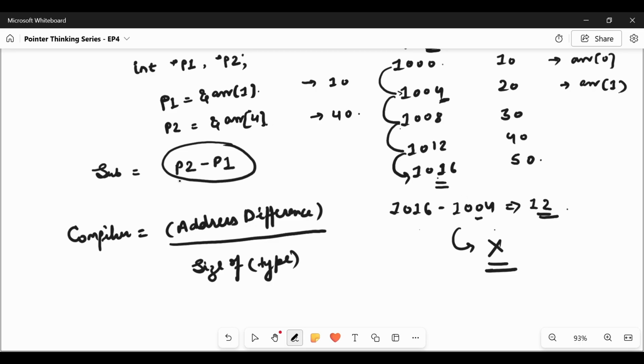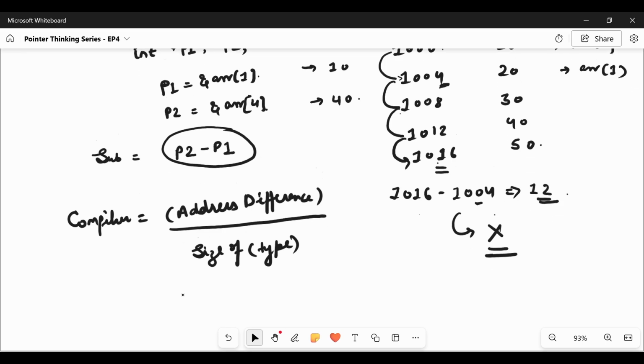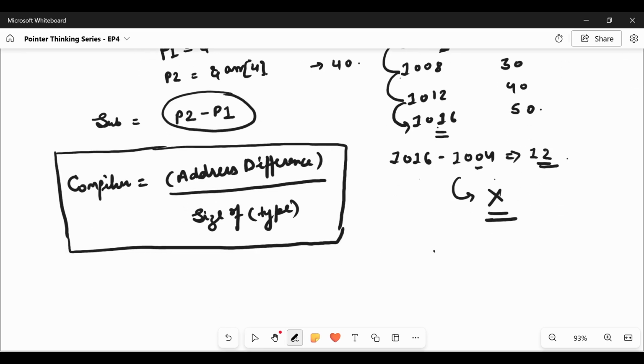So P2 minus P1, 16 minus 4, the address difference is 12. And the size of the integer data type is 4, so that is 3. It means 3 integers apart.